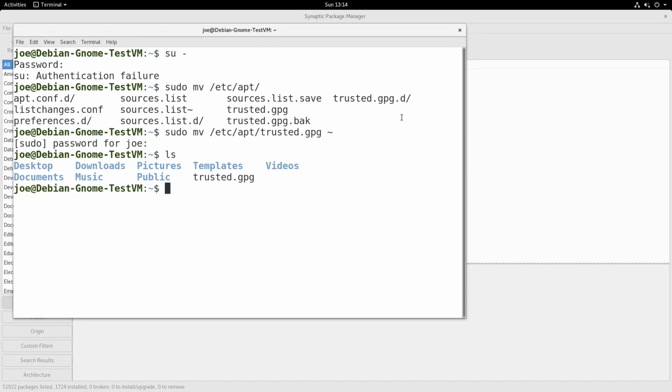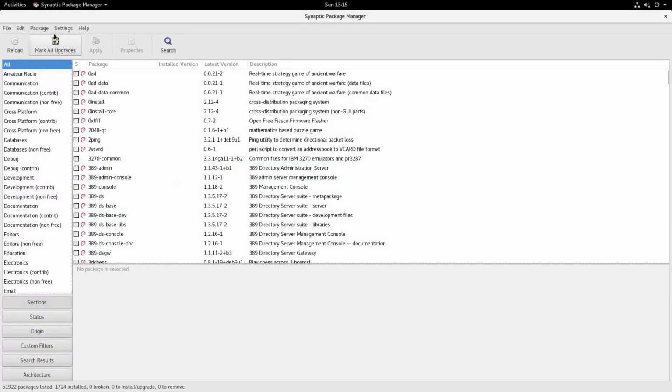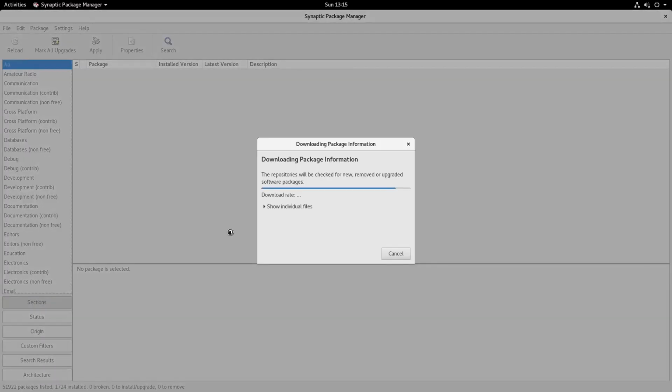Move it, move it, move it, move it. Unless you know for a fact that it's going to work, don't delete it, move it, right? After you move it and test it and realize, hey, it works, then delete it. But don't ever delete it first. Always move, then delete. Okay, now if we go back to our Synaptic here and we reload our repositories again,